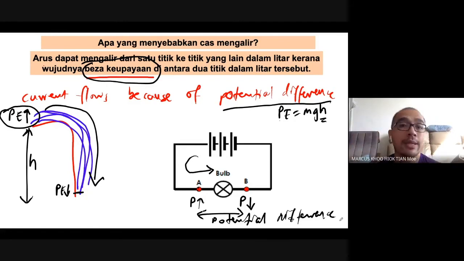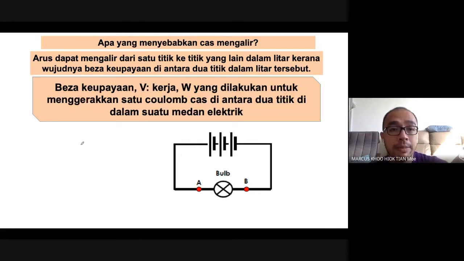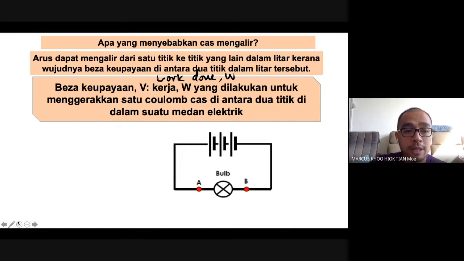And because this is electricity, we're talking about the electrical energy potential. Okay, so because of that, this is beza keupayaan, this is potential difference. Okay, potential difference is the work done, W. Oh no, I'm using black color. Sorry. Potential difference is the work done